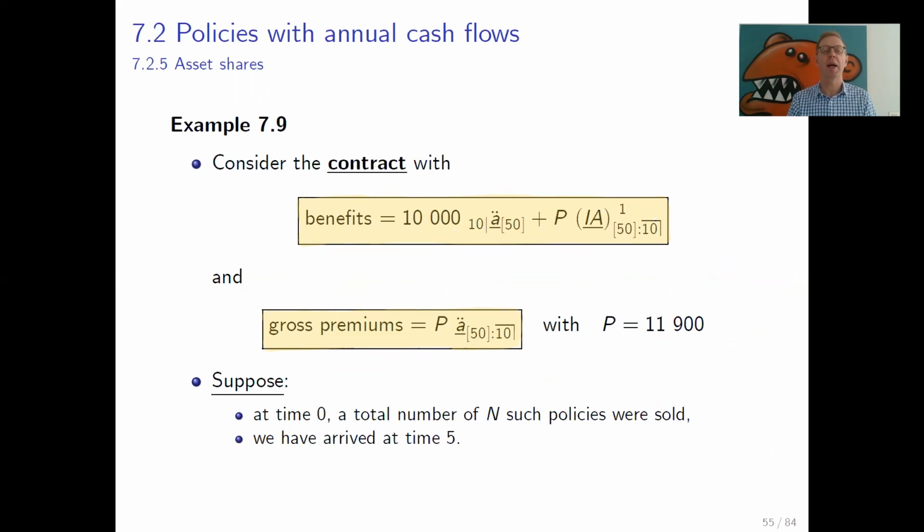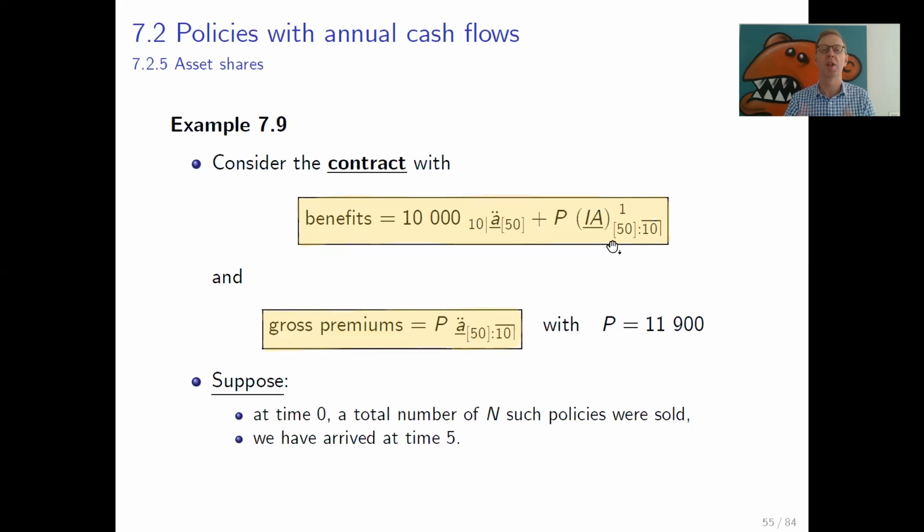Let us now have a look at the following example 7.9. The contract that we will consider here is a contract that we have considered before. The benefits are a deferred annuity on a person of age 50. From the age 60 on, he will receive a yearly annuity amount of 10,000, and there is a premium refund